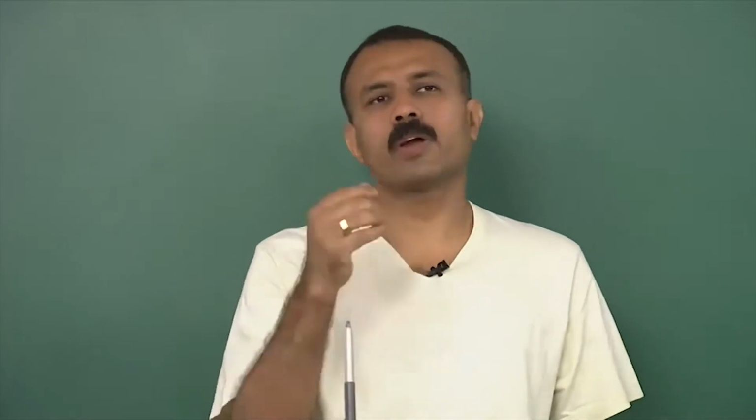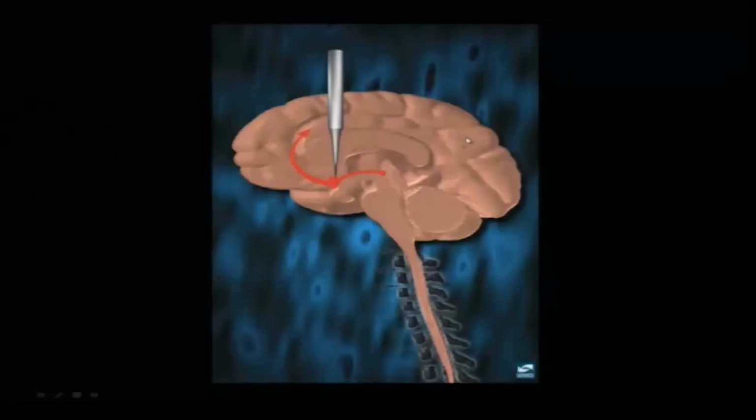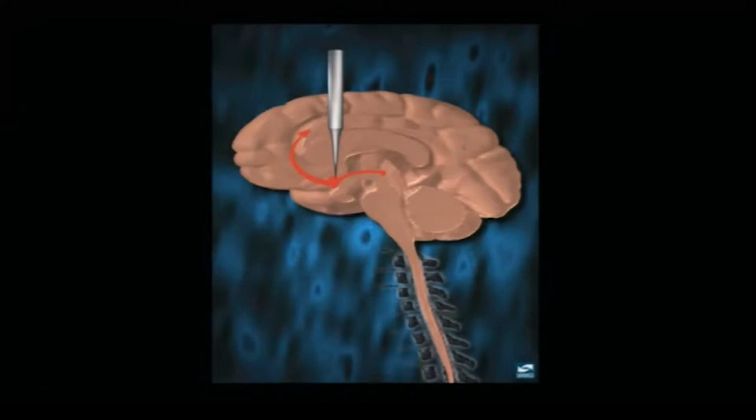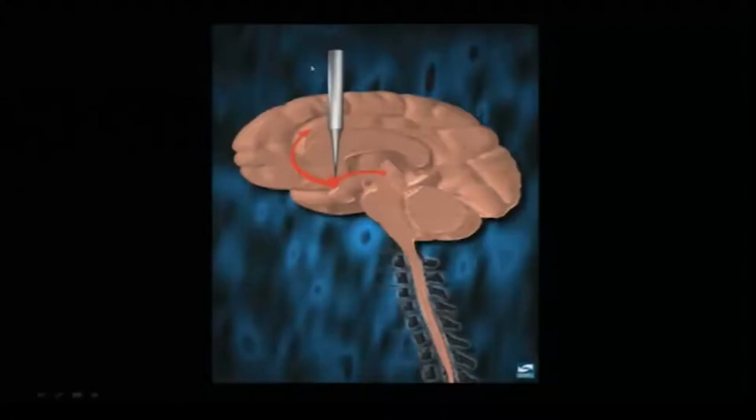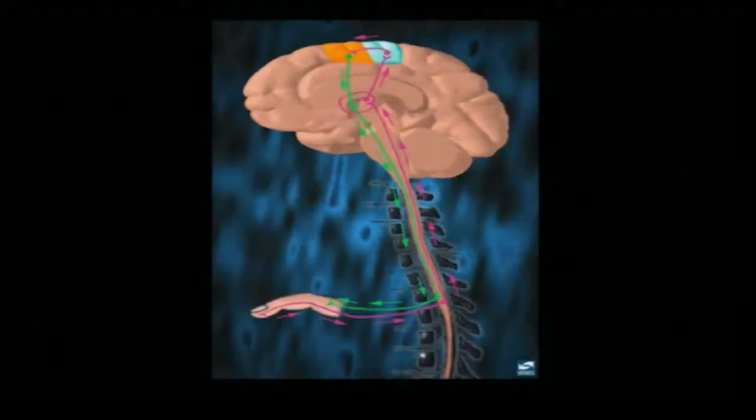These kinds of training could be done, and when you are doing that training, if you look at this slide, this is the reward area. Your reward is very simple: if you move in a direction, you will get a reward. So the reward area gets activated here. You can pick up the signals from the reward area by putting an electrode there. What is the signal which is generated when you get a reward? Okay, so now coming back